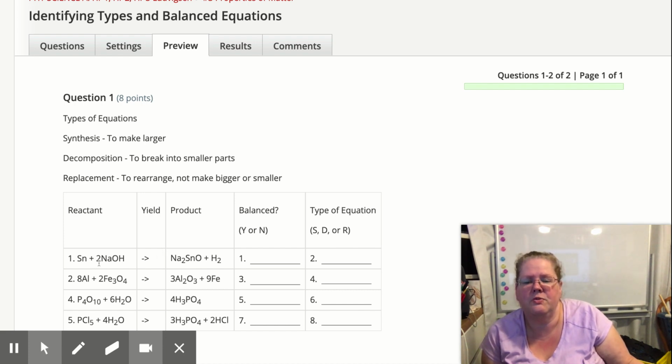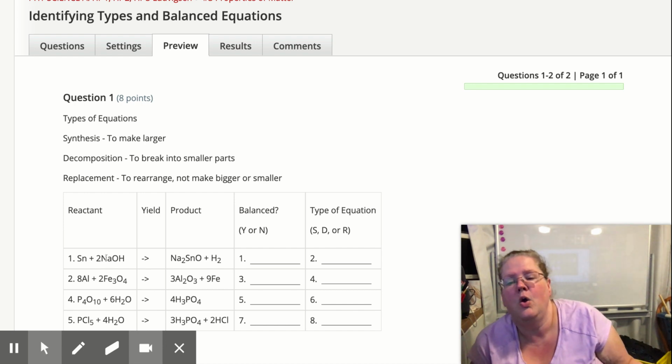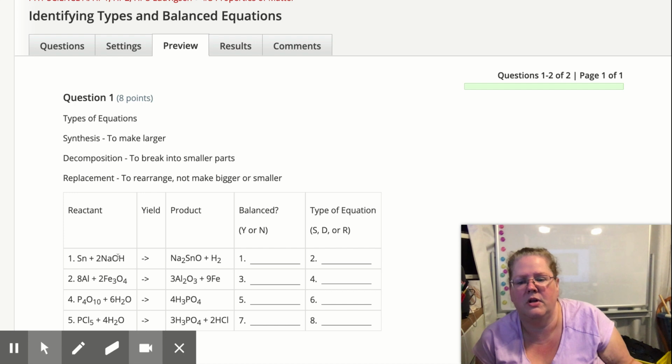But remember this 2 in front of it? This is my coefficient, and it's the distributive property. This is like saying 2AB. You have 2 A's, you have 2 B's. It's just a shorthand for writing it. We can never, ever, ever change